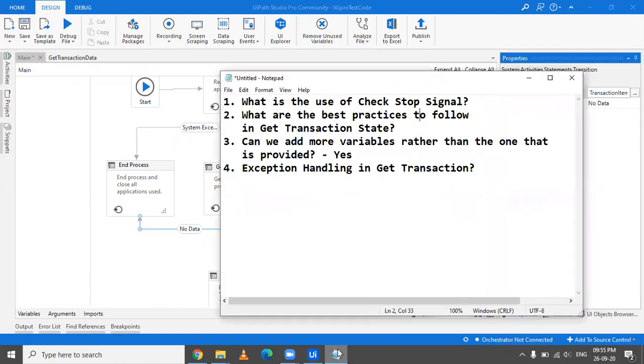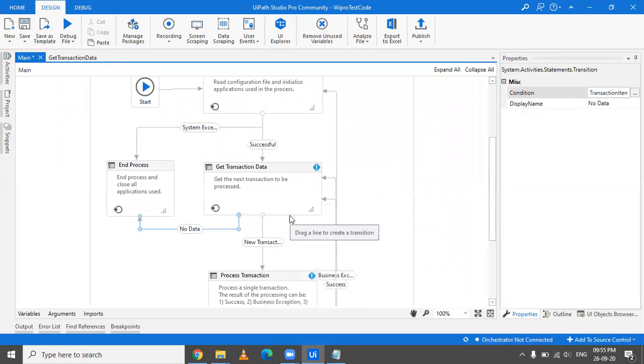So this is how the get transaction data works, and you can manipulate it. Also, you can add more states here between the init and get transaction in which you want to load the data. This is a template only, the default template which is provided to you whenever you select an RE framework. You can definitely manipulate it according to your need and according to the need of the process you are working on. But these are some things which you should know.